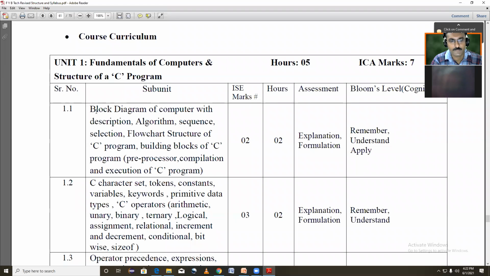in bracket, preprocessor, compilation and execution of C program, C character set,